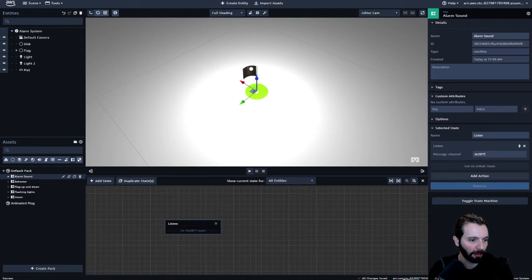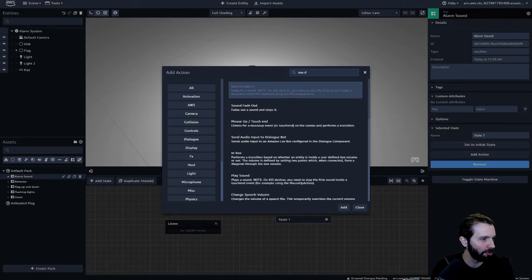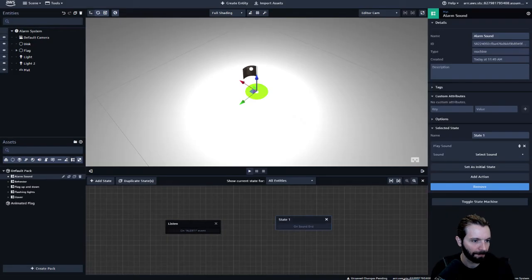We need to add another state. And then we need to add a sound, the play sound action. Because we already added that alarm sound file to our scene, it'll now appear here in this sound drop-down menu, alarm sound. So we really only have two states in this behavior. The listen and then the, I didn't name this one,